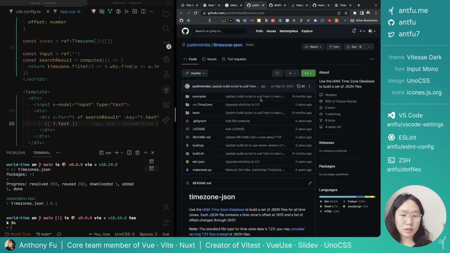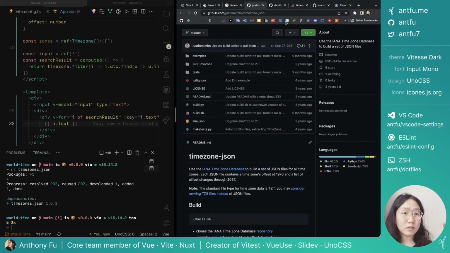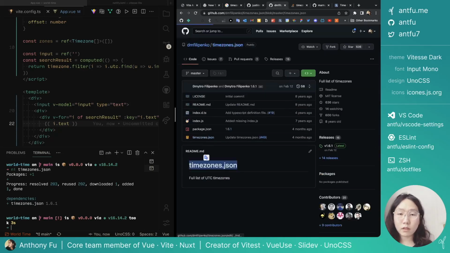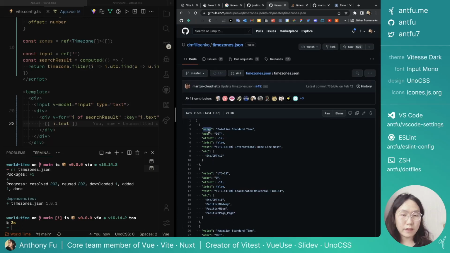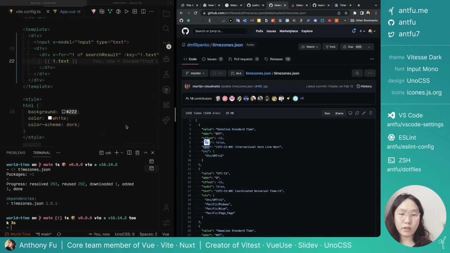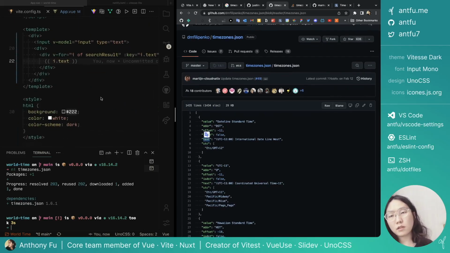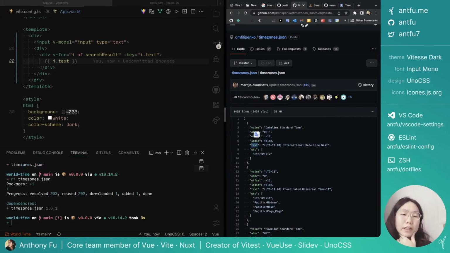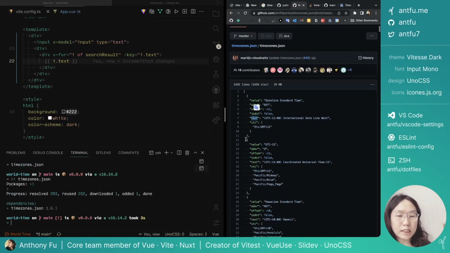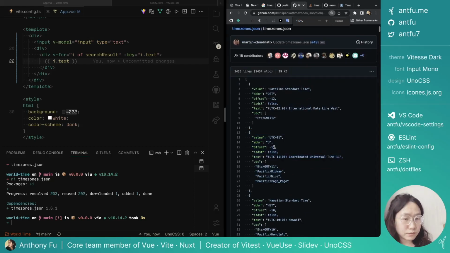Let me check. What's the format of it? It's not value text. Okay, UTC here. Oh, I see. So ideally, as you can see, in this format, as the time zone here,